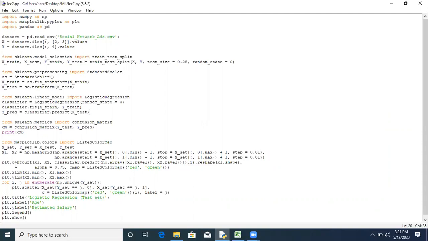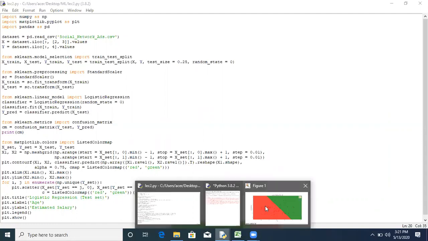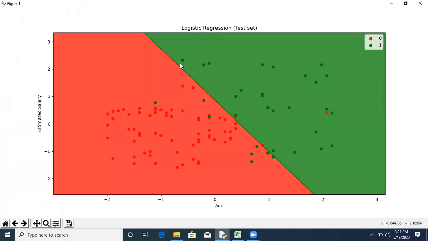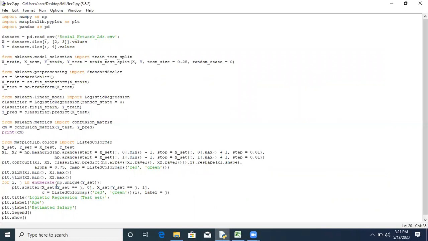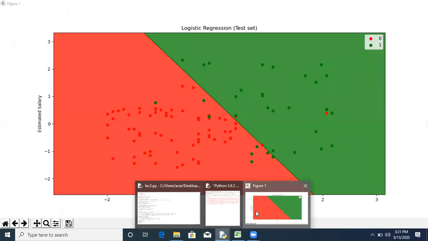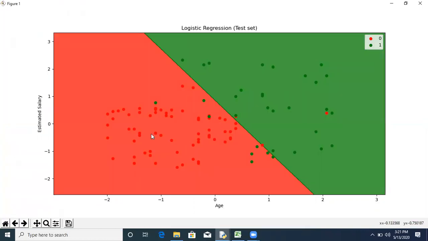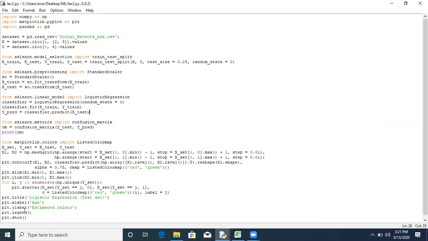Then we are using plt.contour to plot the boundary between the two classes, or the two categories. Contour will plot this boundary. And lastly, we are using a for loop to find the red points in the green region and the green points in the red region. Then we are plotting it finally using plt.legend and plt.show.